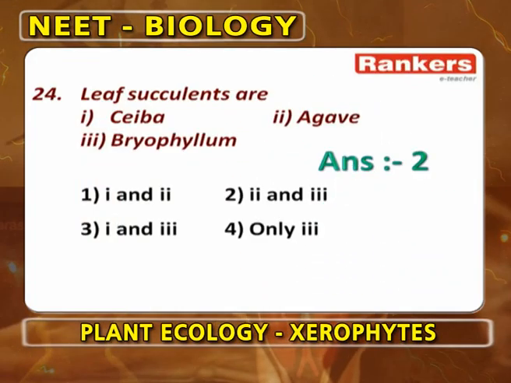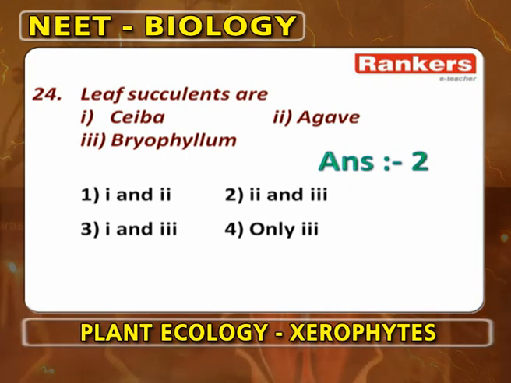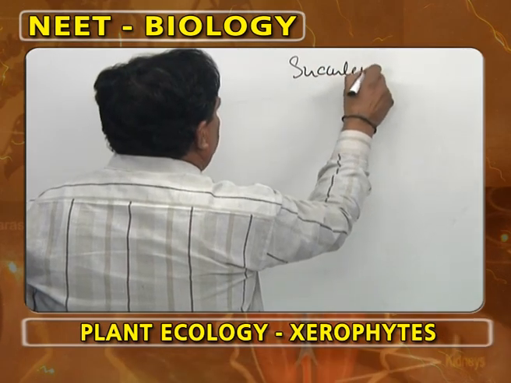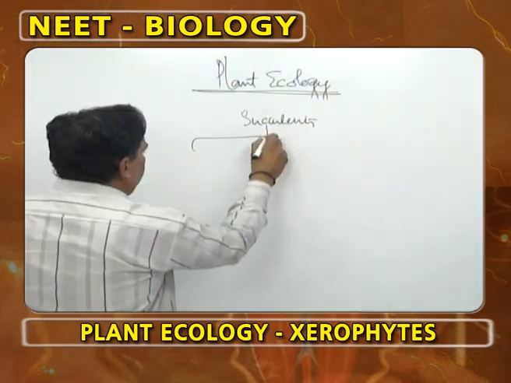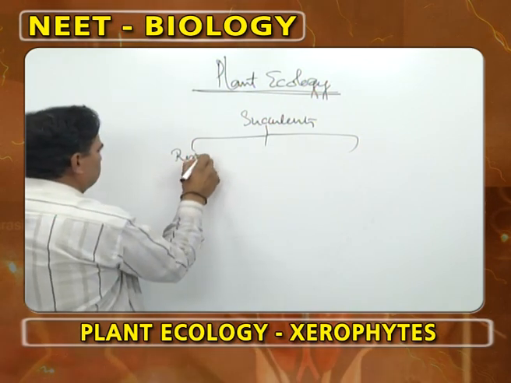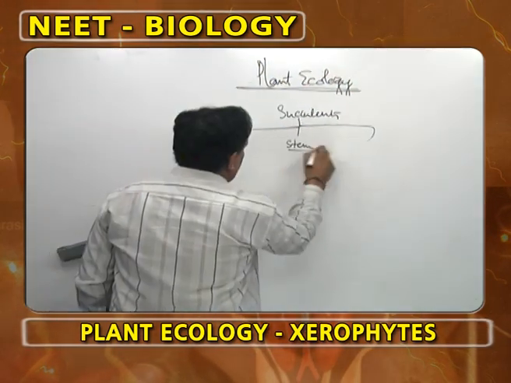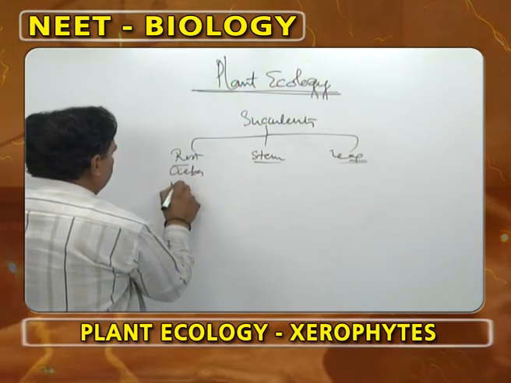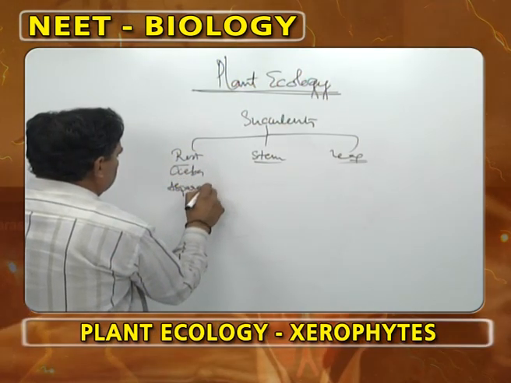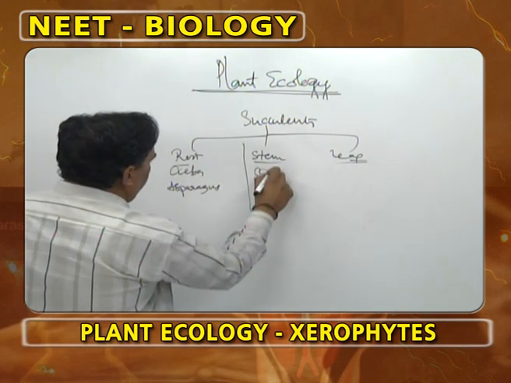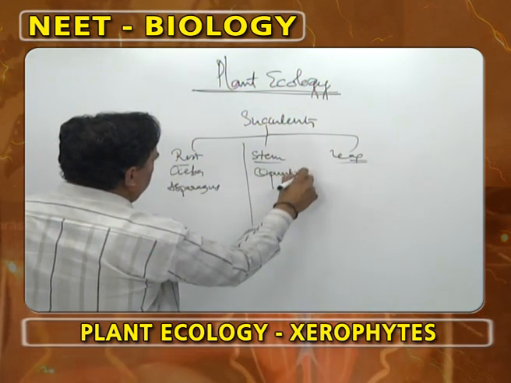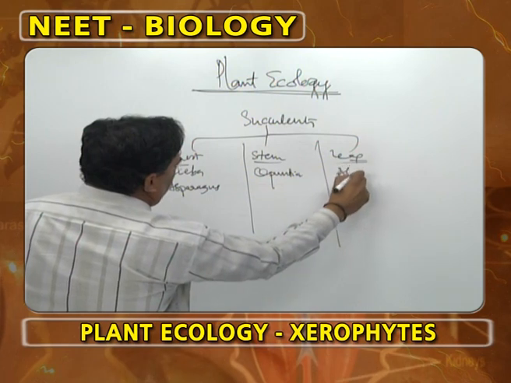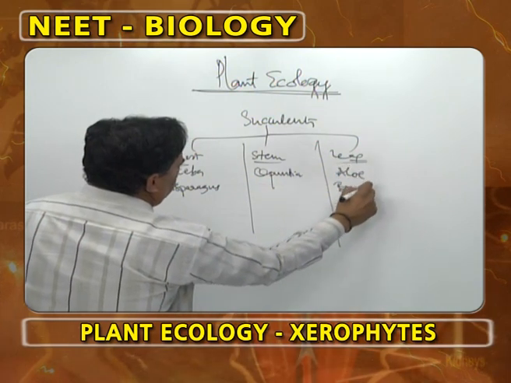Leaf succulents are Ciba, Agave, Bryophyllum. So, what is a succulent? It stores water as mucilage. In this, there are three categories: root succulents, stem succulents, leaf succulents. Root succulents are Ciba and asparagus. Stem succulent is Opuntia. Leaf succulents are Aloe, Bryophyllum,